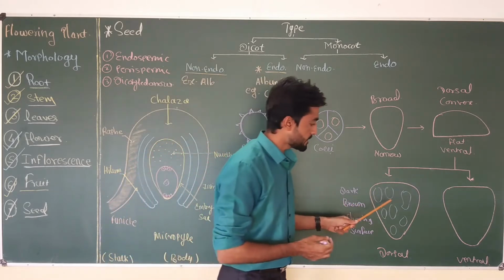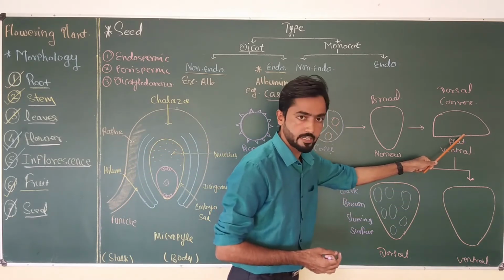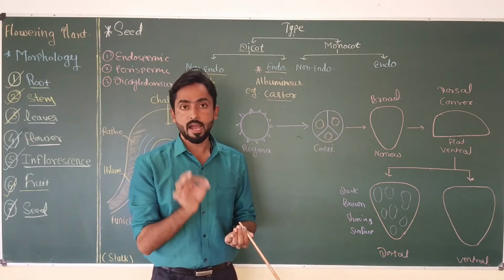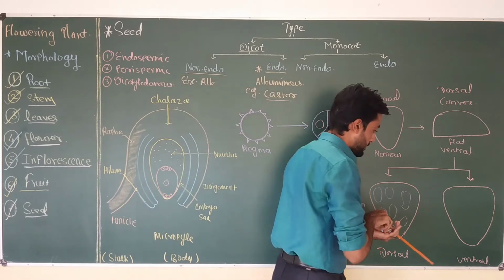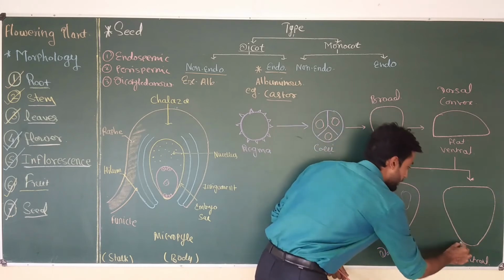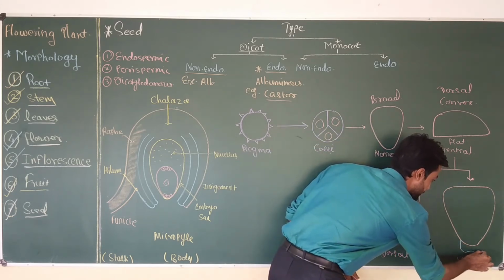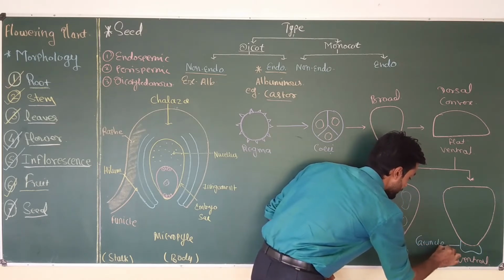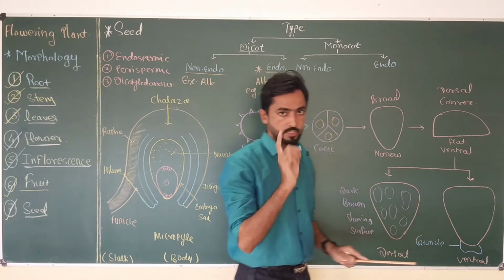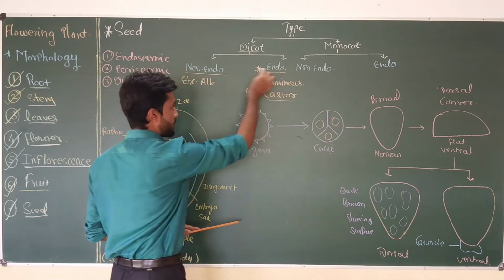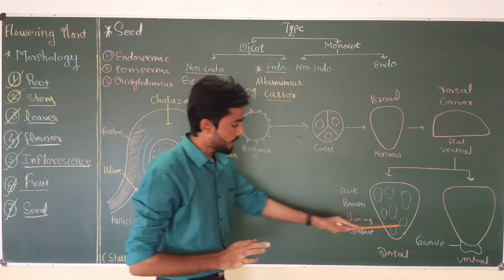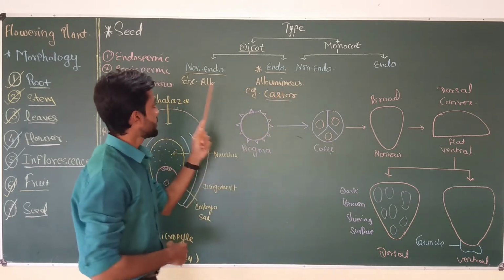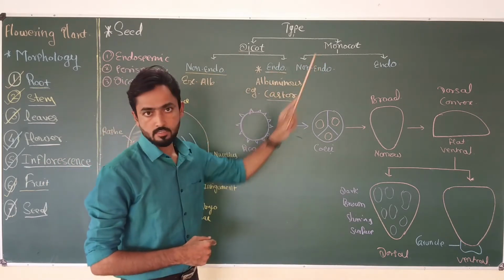Okay, and when we observe the same seed from the ventral side, which is the flat side, in that case a special white spongy bilobed structure is present at the narrow end, okay, this end, and this bilobed structure is called the caruncle. Okay, this is the structure which differentiates the dicot endospermic seed from all other types of seed, because this caruncle is only present in endospermic dicot seeds. Okay, it is absent in non-endospermic dicot as well as in monocot seed.